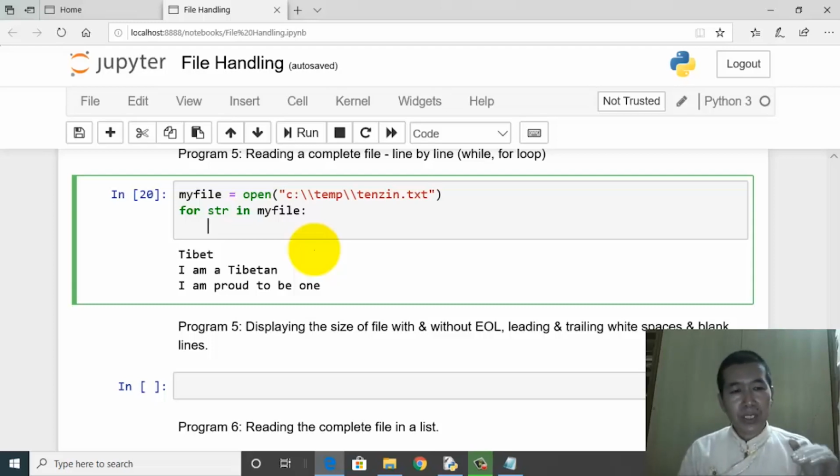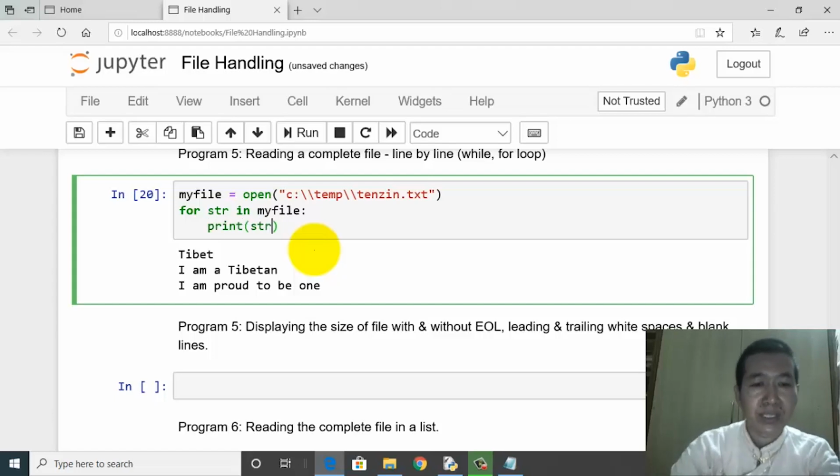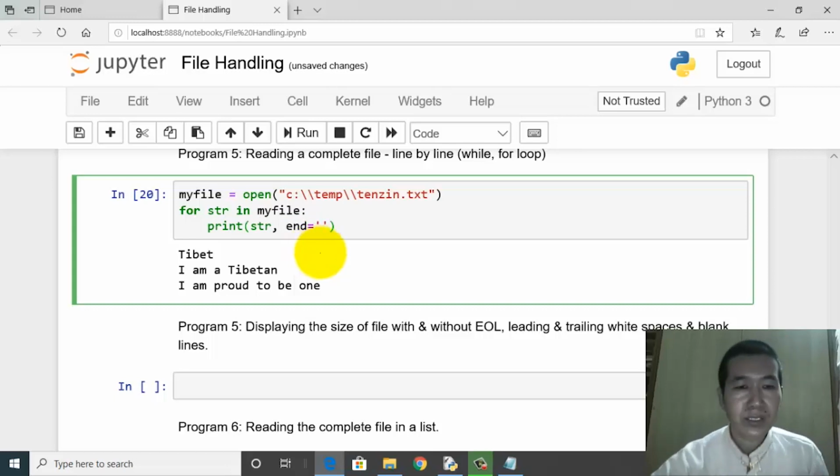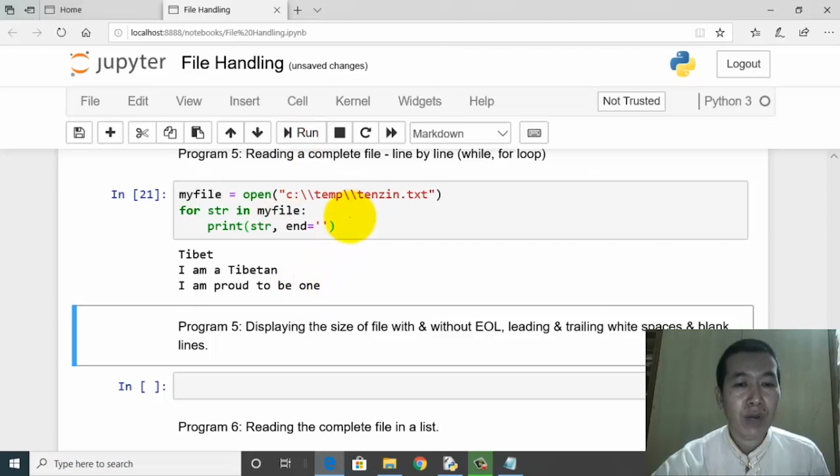It will keep picking up the characters on the first line until the new line character is encountered. The moment the new line character is encountered, it will be read, it will be assigned to str. So the first value of str is the sequence of characters up to and including the new line character of the first line. Okay, so I'll just print str followed by end equal to a pair of quotes. That's it, I guess. So if you run the program, I get the same output.